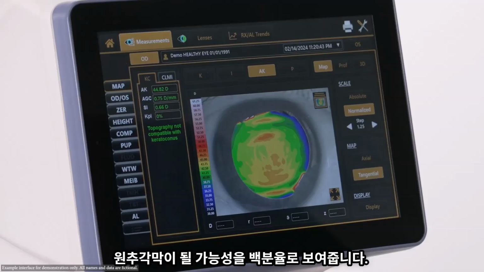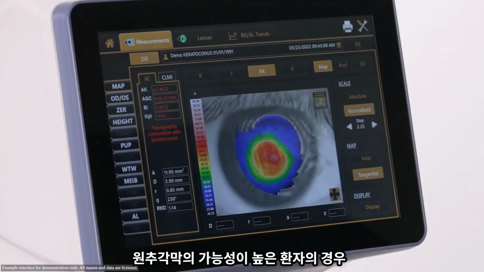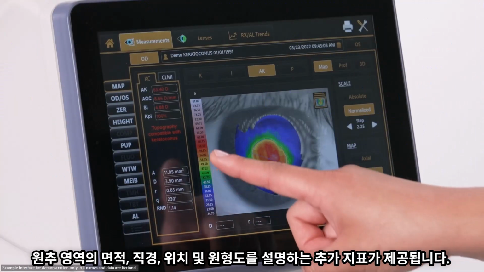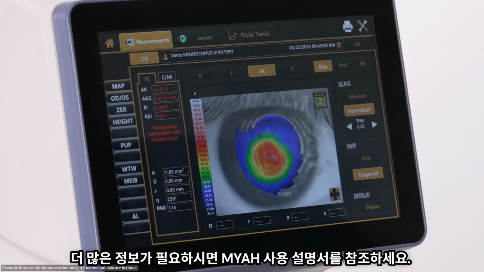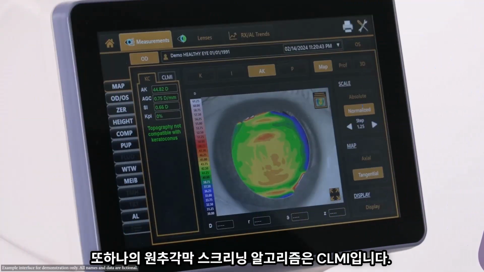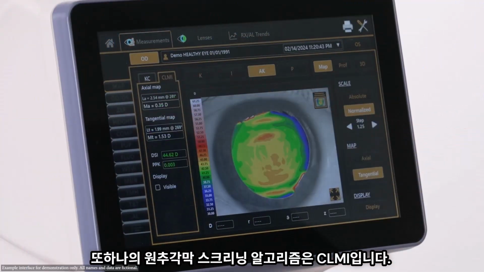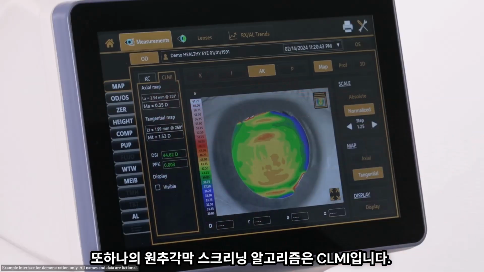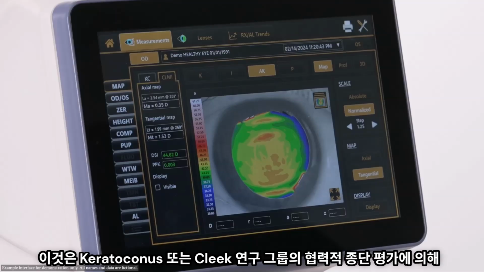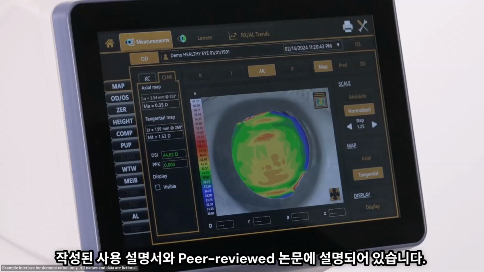has keratoconus. For a patient with a high likelihood of keratoconus, further metrics are provided, describing the cone area, diameter, location, and circularity. Consult your MYAH user manual if you want to know more. An alternative keratoconus screening algorithm is the CLMI, or Cone Location and Magnitude Index. This is described in the user manual and in the peer-reviewed paper by the Collaborative Longitudinal Evaluation of Keratoconus, or